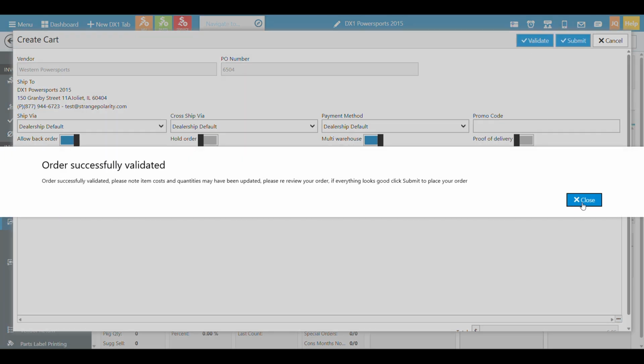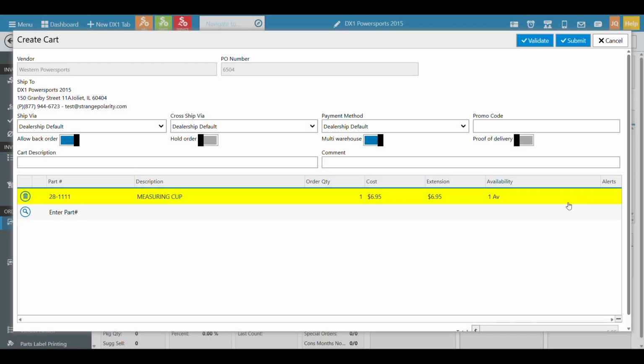Once I get my parts in, I can click validate here. And what this is going to do is make a real-time call, again, just to make sure that, yeah, it said we had 25, but I want one of them. And at this point, it's kind of in a tentative state where it's available. You could click submit order and it would push it through and save you a bunch of time. And once you submit an order here, you can always track it in DX1 via the ordering list as well. There's an icon there that will let you see and track information related to Western Power Sports. So, those are very, very handy integrations.